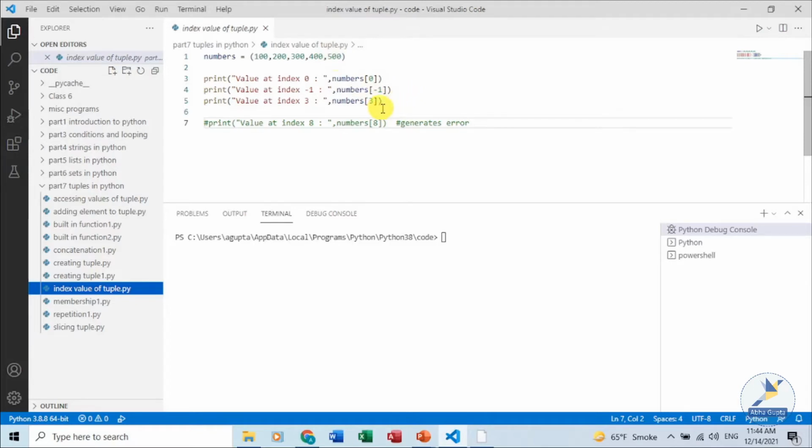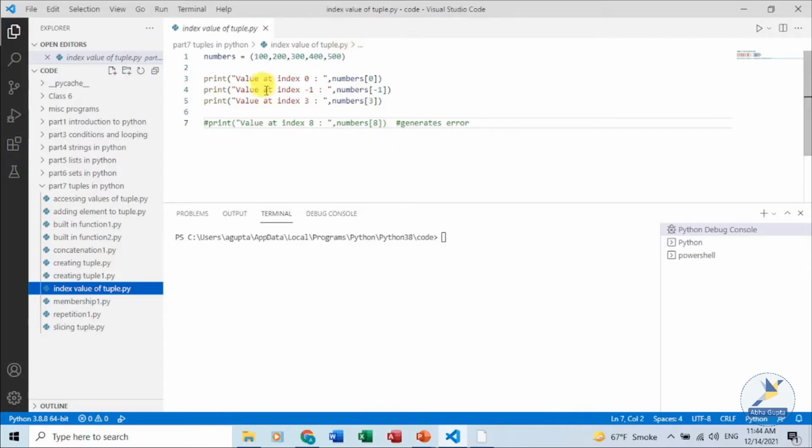The third index will print 400 for us. Similarly, if we try to use an index which is not present in our tuple, it will generate an error, that is, index is out of range.